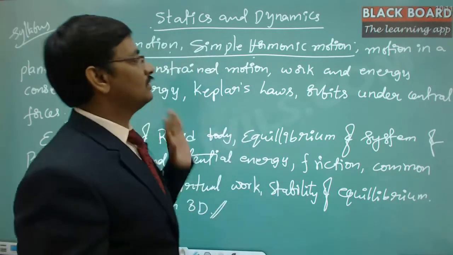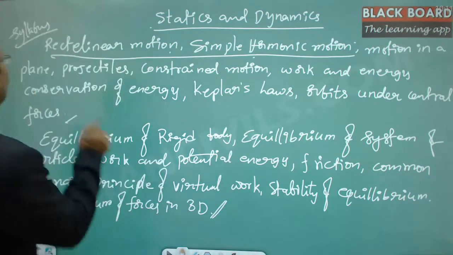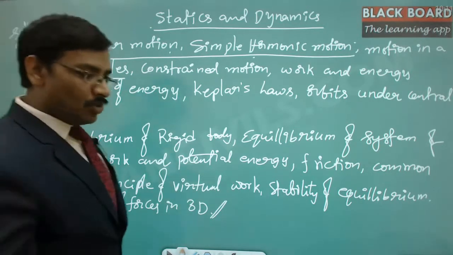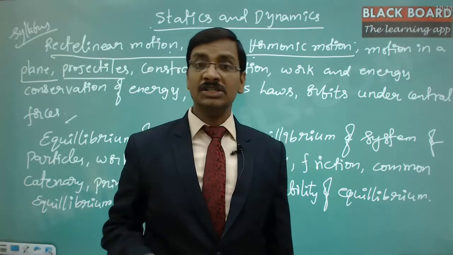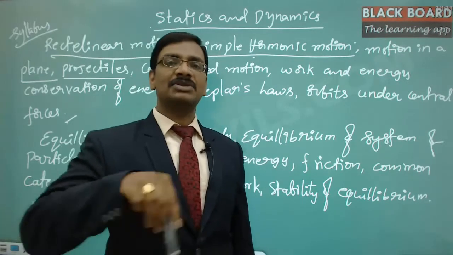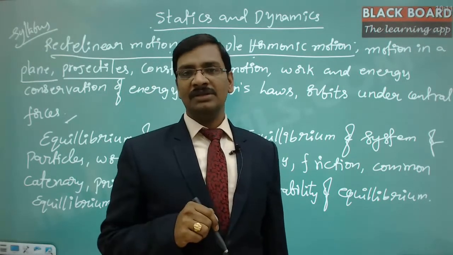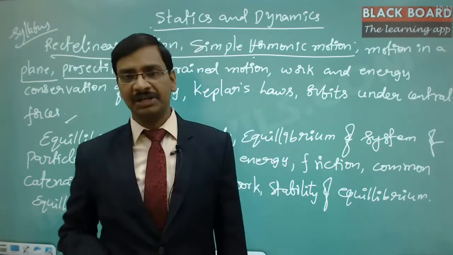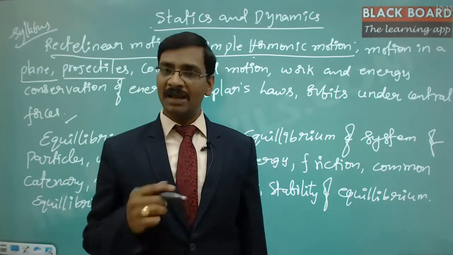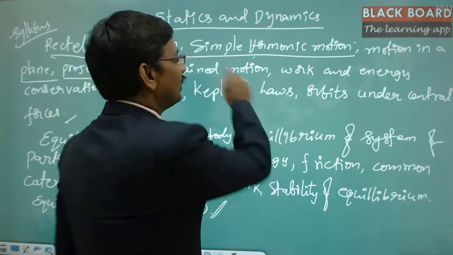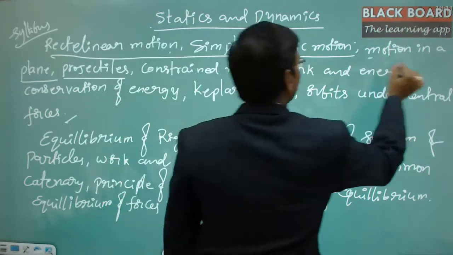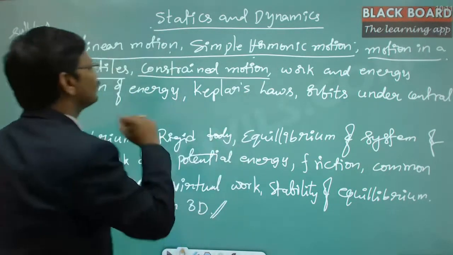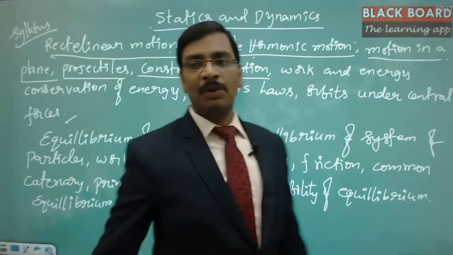Got it? So parabolic motion is nothing but planar motion, so that is treated as projectile motion. And the motion of a particle in a circle is also planar. The particle is traveling in a circular motion. There are two different dimensions associated with a circle because it is a planar shape, so you can still treat that as a planar motion analysis. So one-dimensional motion and motion in a plane, projectiles and constrained motion are also part of the planar motion